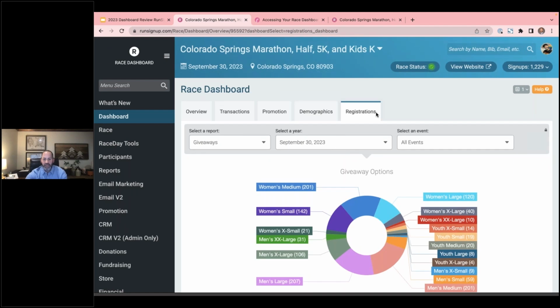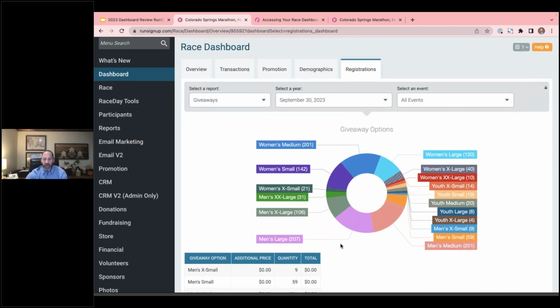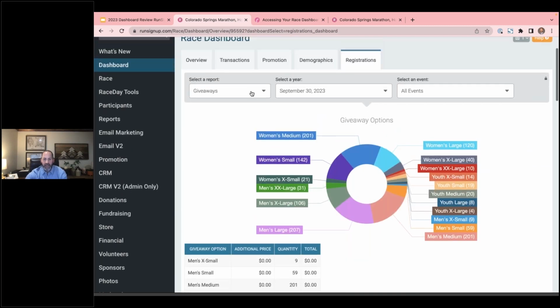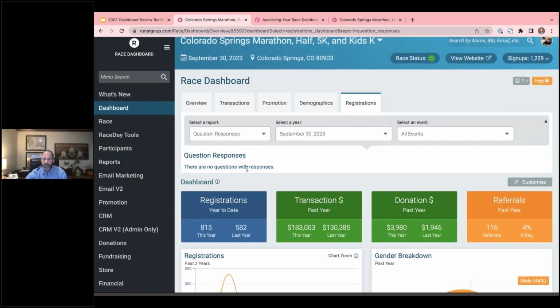And then on our registration tabs again, we've got all the giveaway options showing me how that's working. I can come down here and look at this table if I'd like, and then I can toggle to question responses. So I didn't have any questions that have responses. What that means though is I've got some where you can enter free text, and that's not going to track that because that would just be, you know, 1,229 different responses, right? But if you've got something like a drop down select or a yes or no question, then those will get